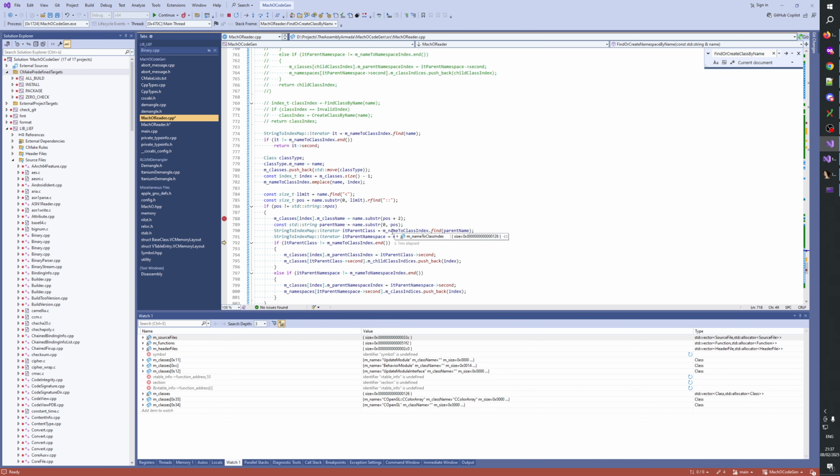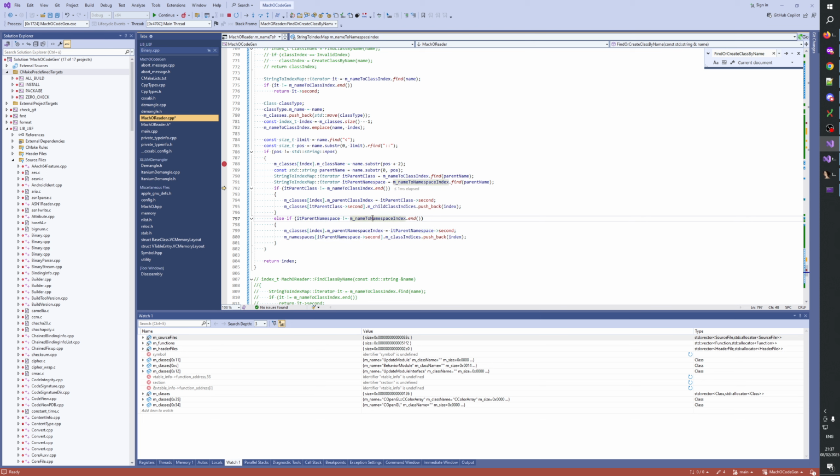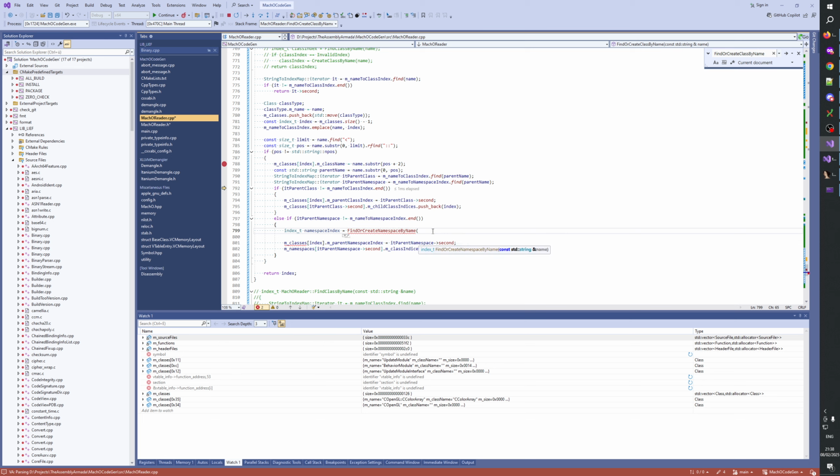And then we say here, if this is not, else, I think what we can do is else index_t namespace index, find or create namespace by name, and we say parent name, okay, const, and then here we put this find or create and push back that